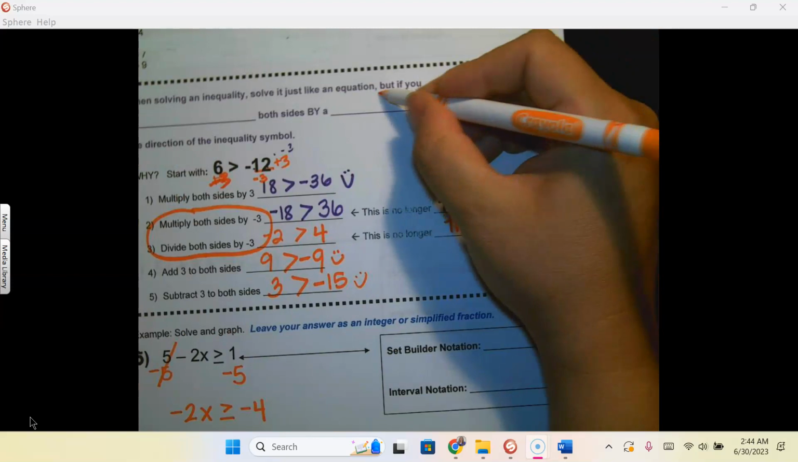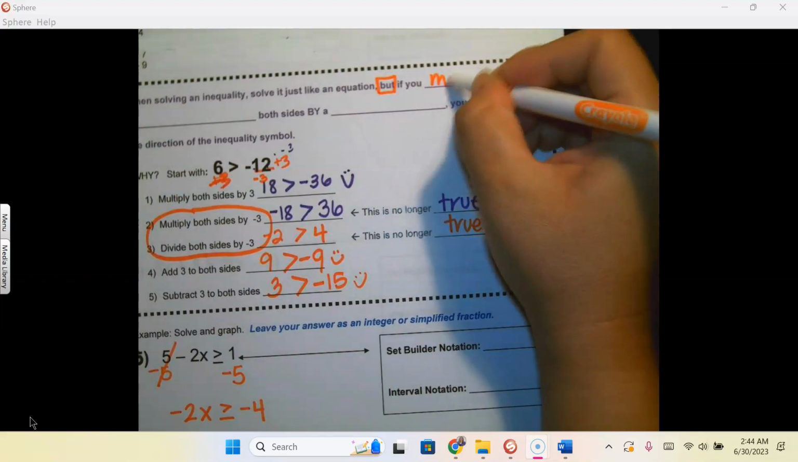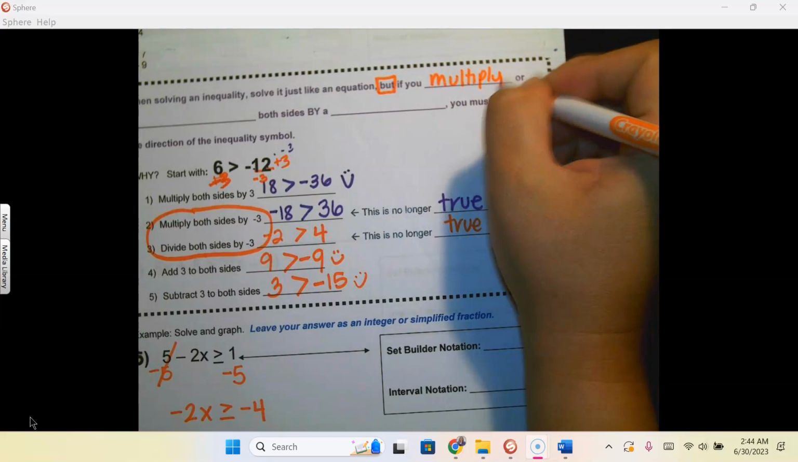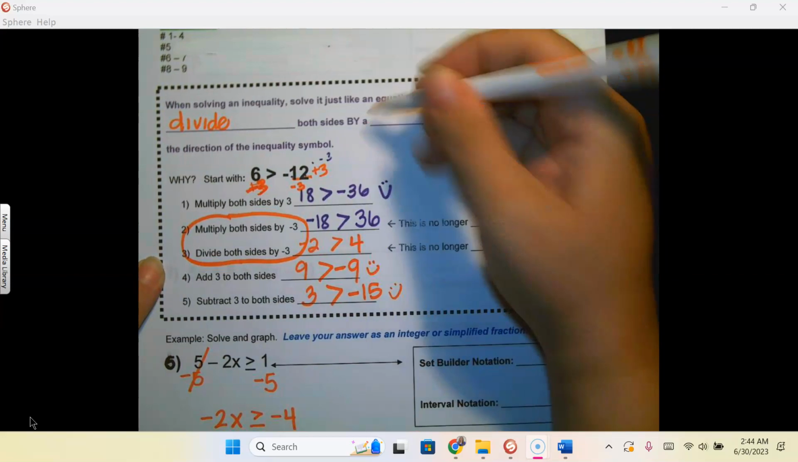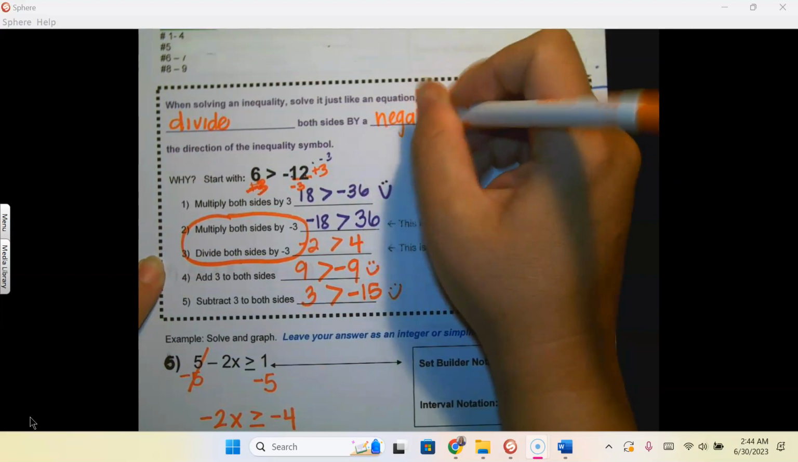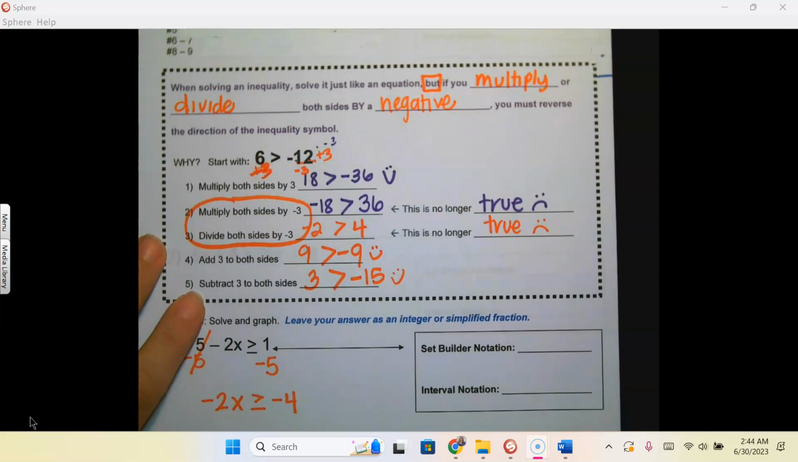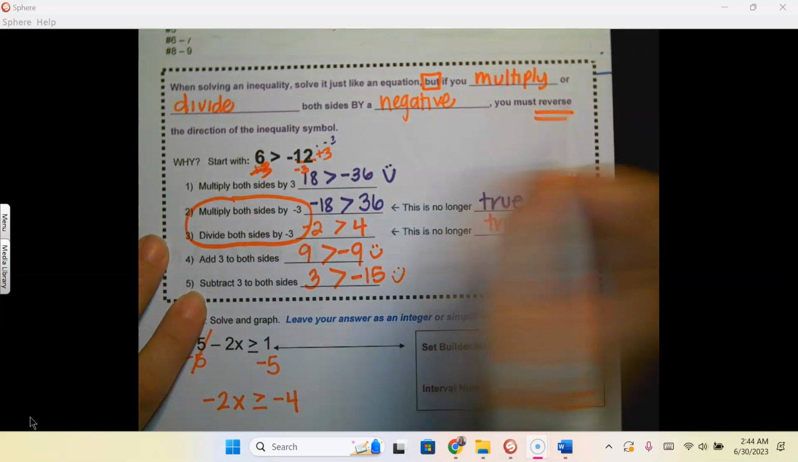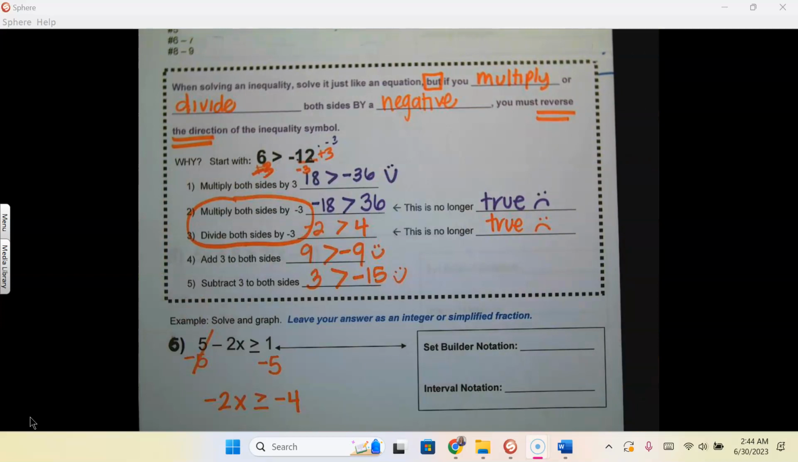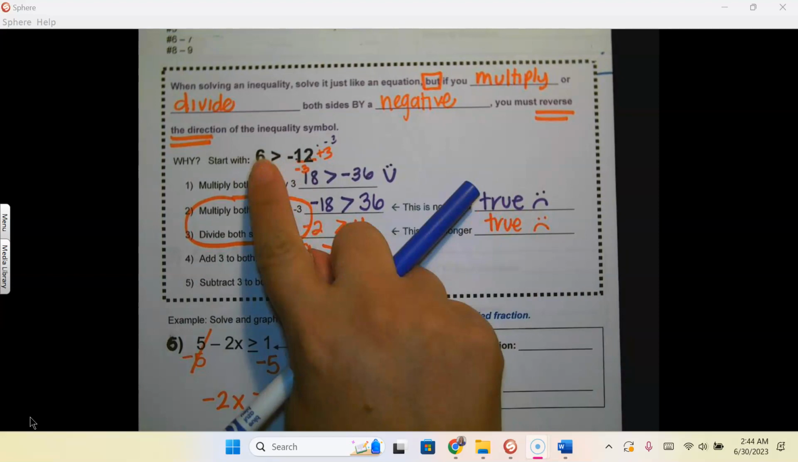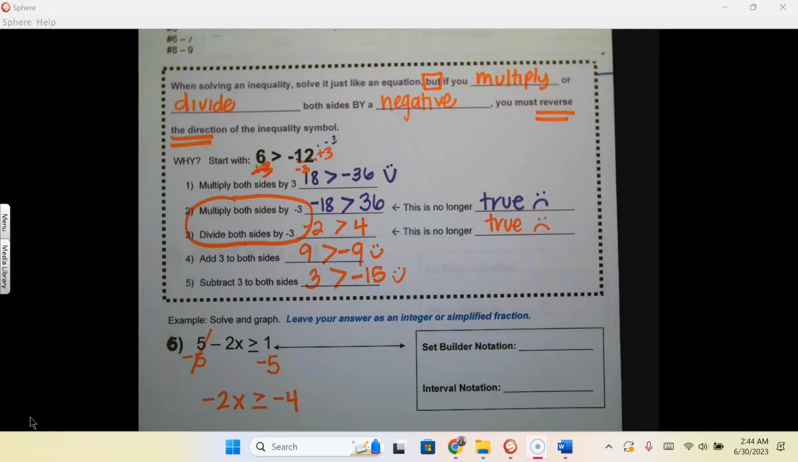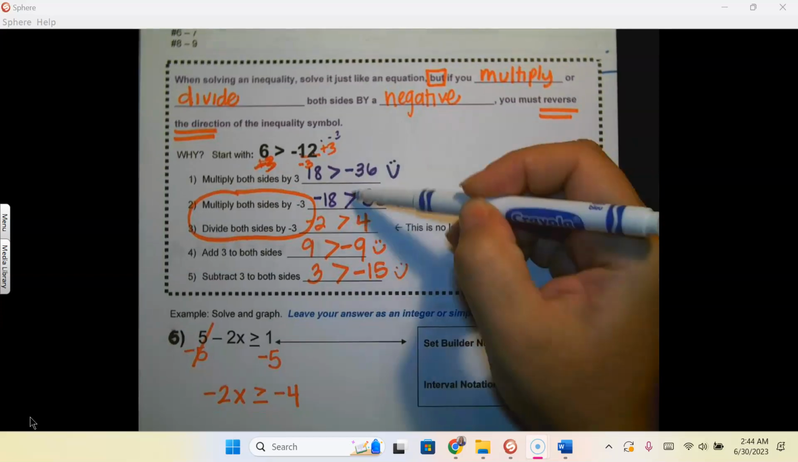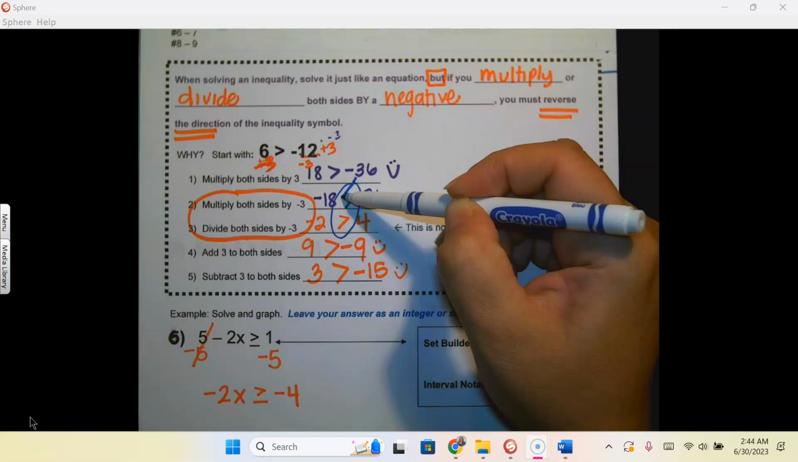But if you multiply or divide both sides by a negative at any point in the problem, you must reverse the direction of the inequality symbol. When you divide or multiply by a negative, it's making both sides' signs opposite, and therefore it doesn't make a true statement. So you have to take these symbols and flip them,